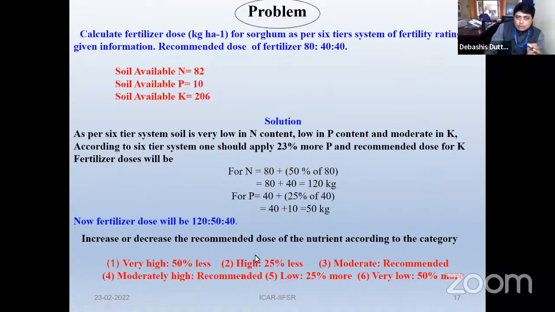system. And likewise, this is the range. If the soil test value is very high, then 50% less of the recommended dose will be applied. And if it is in the high range, then 25% less. Then moderate and moderately high is the recommended dose, the low is 25% more, and very low 50% more. And this rule is followed during the recommendations of plant nutrients in cropping systems under